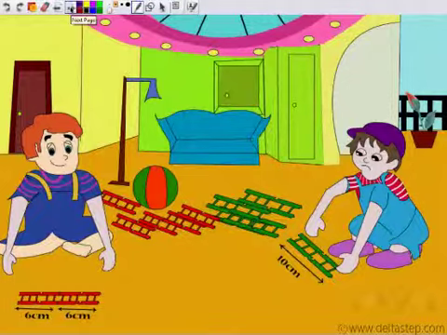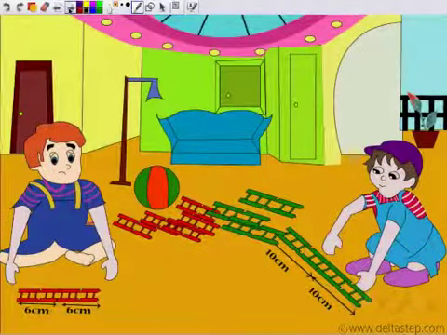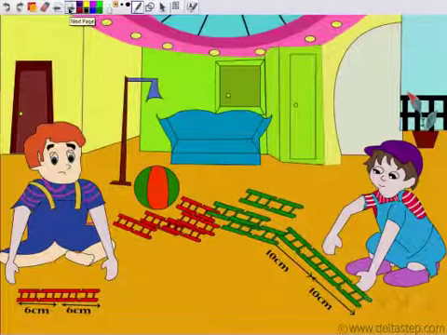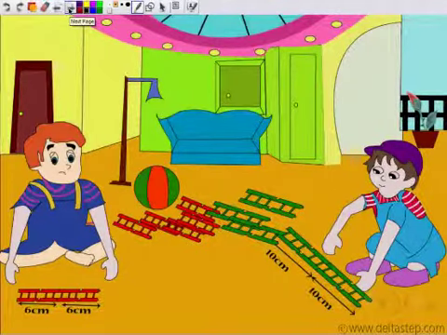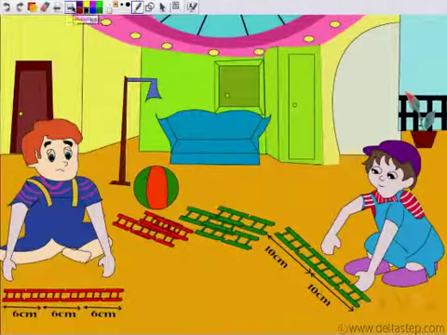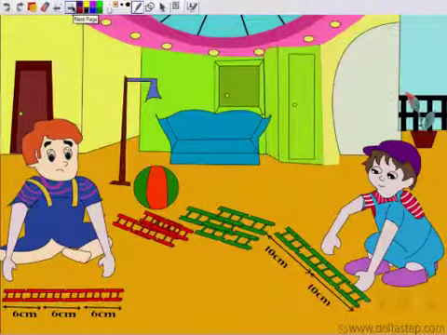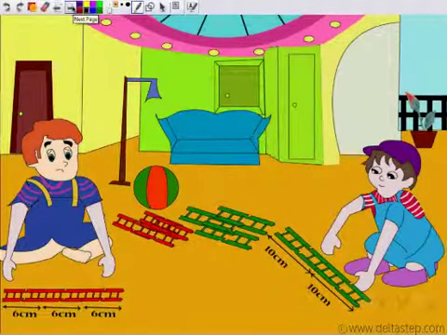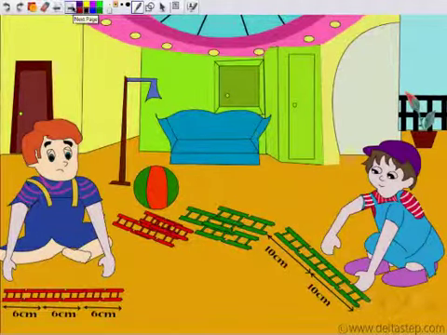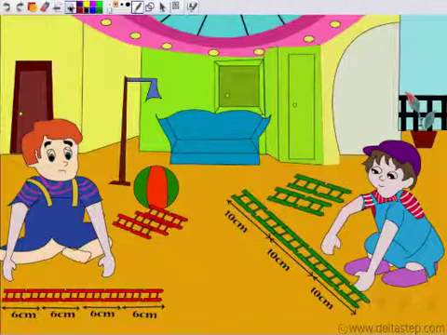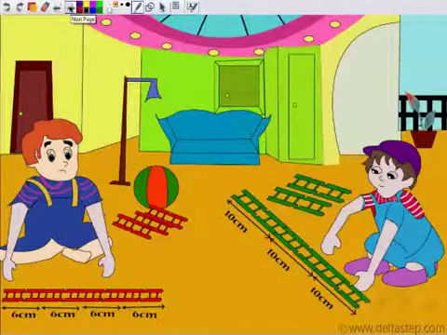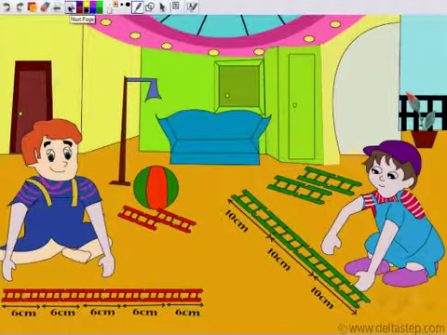So he adds another piece. Now that becomes 20 and this is 12. So now what would happen? Again he is sad. He wants to add another piece to make it closer to 20. So he adds another piece, but still it is less than 20. This is 6 plus 6 plus 6, which is 18, which is less than 20. So they keep on adding pieces of tracks to their train track till the time both of them get the same length.